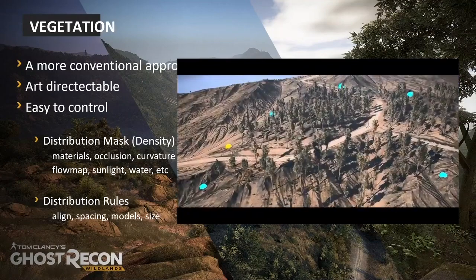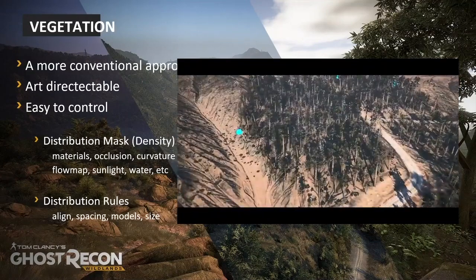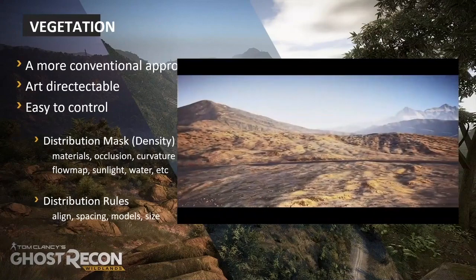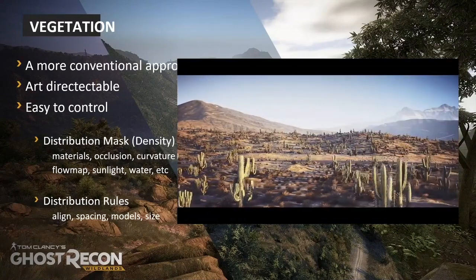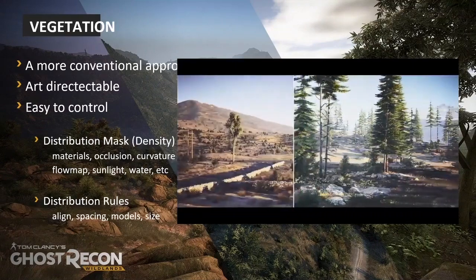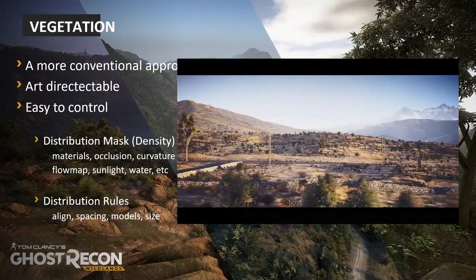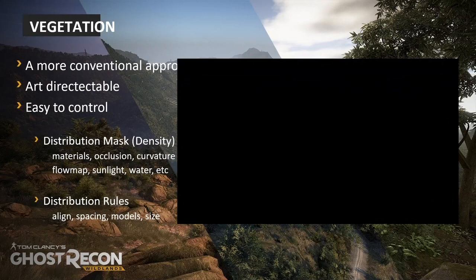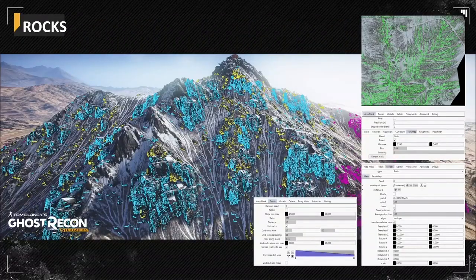So, a very direct approach in engine with Houdini, placing a trajectory and generating the stuff. And as you can see, it's very easy to iterate, to change your mind, to test different types of vegetation or whatever, until the art director is happy and everyone is satisfied with the result. Of course, instancing to place rocks all across the world, same kind of stuff: distribution mask, rules.